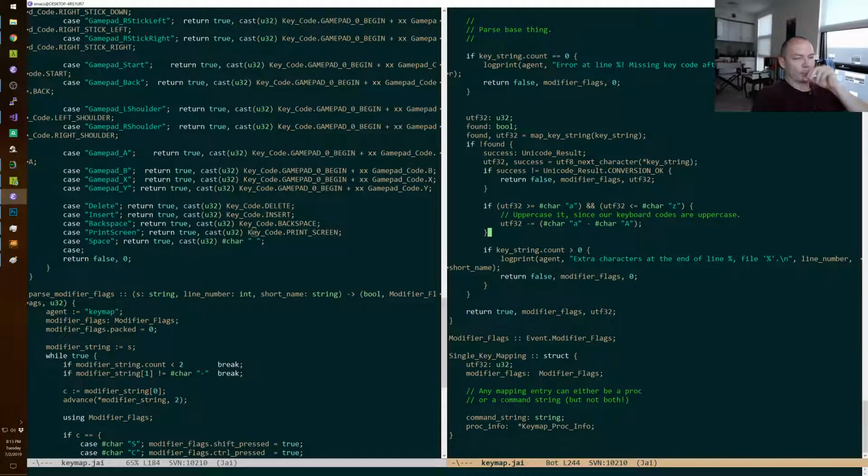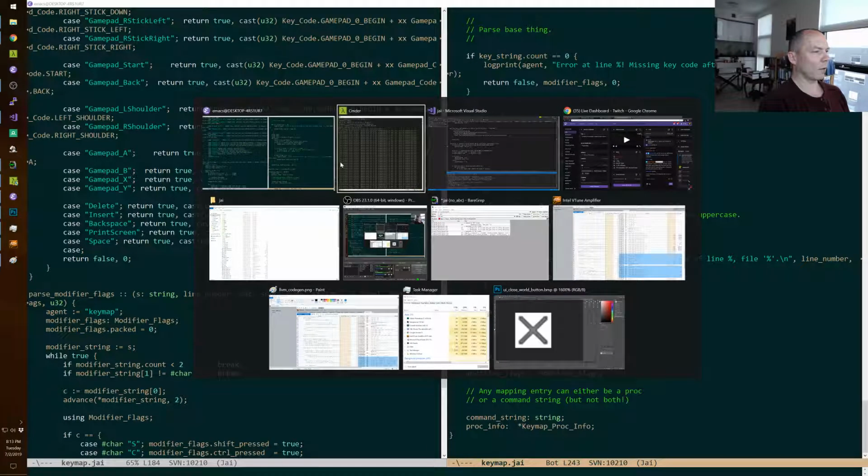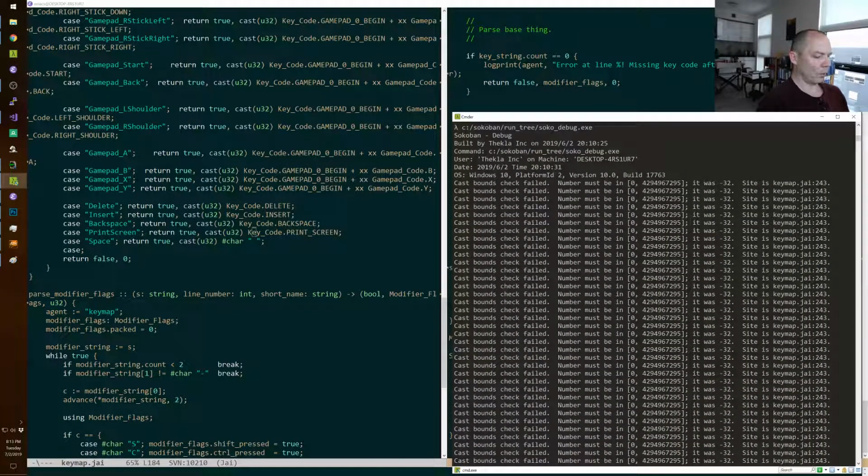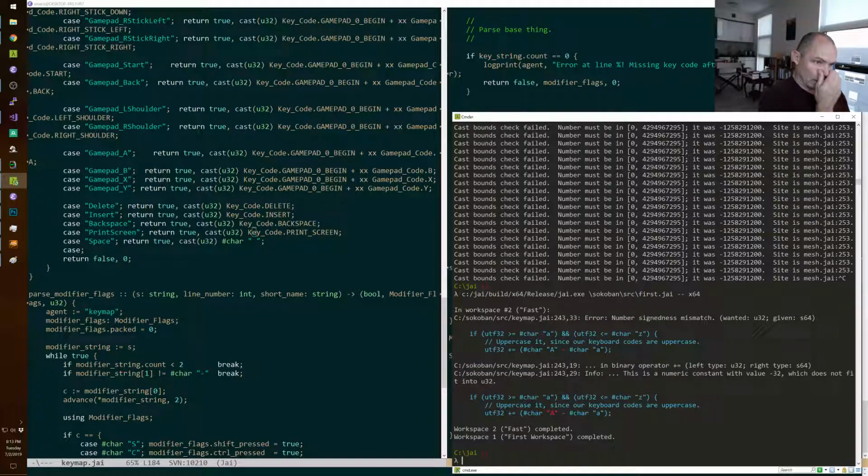I mean, okay, wait, that shouldn't be the case anyway. What if we just take off that? Is that really not a thing we can do? Oh, it's S64.